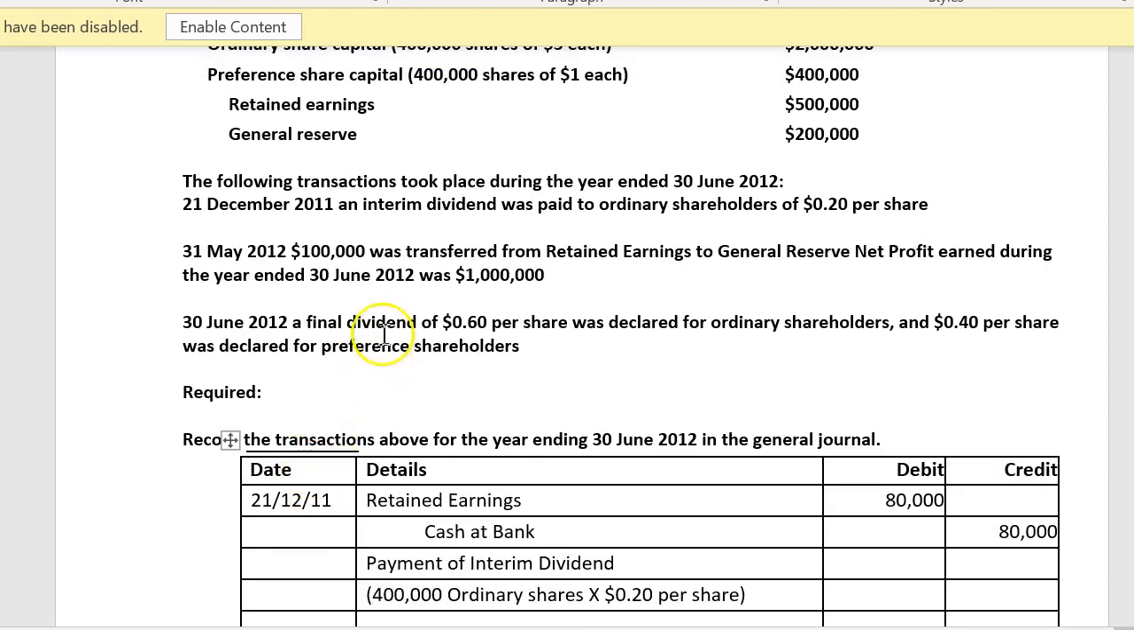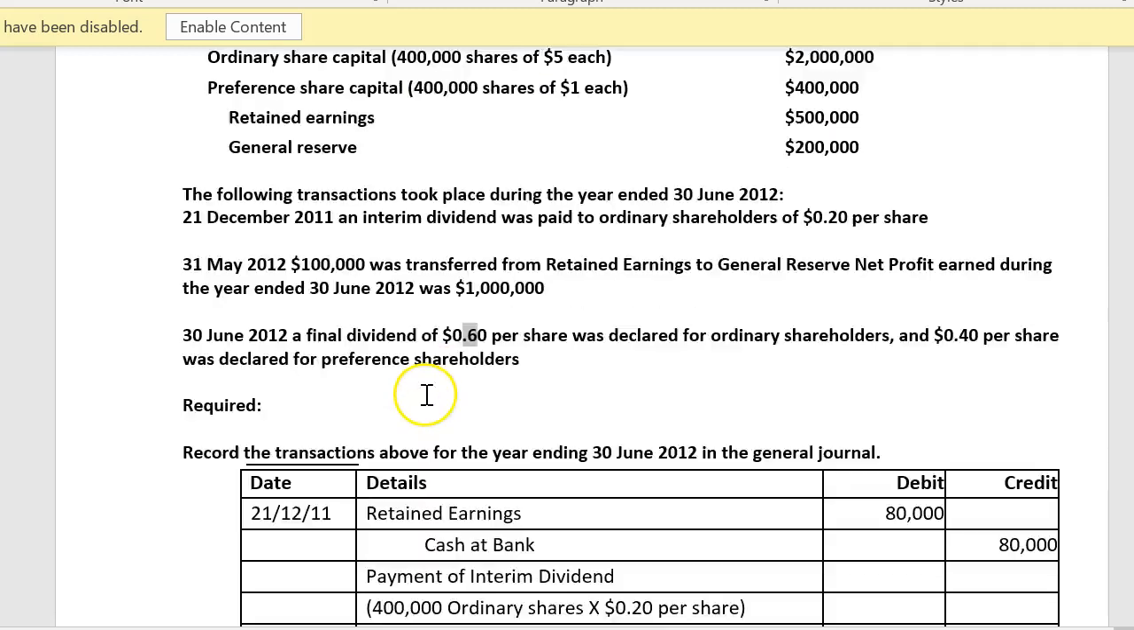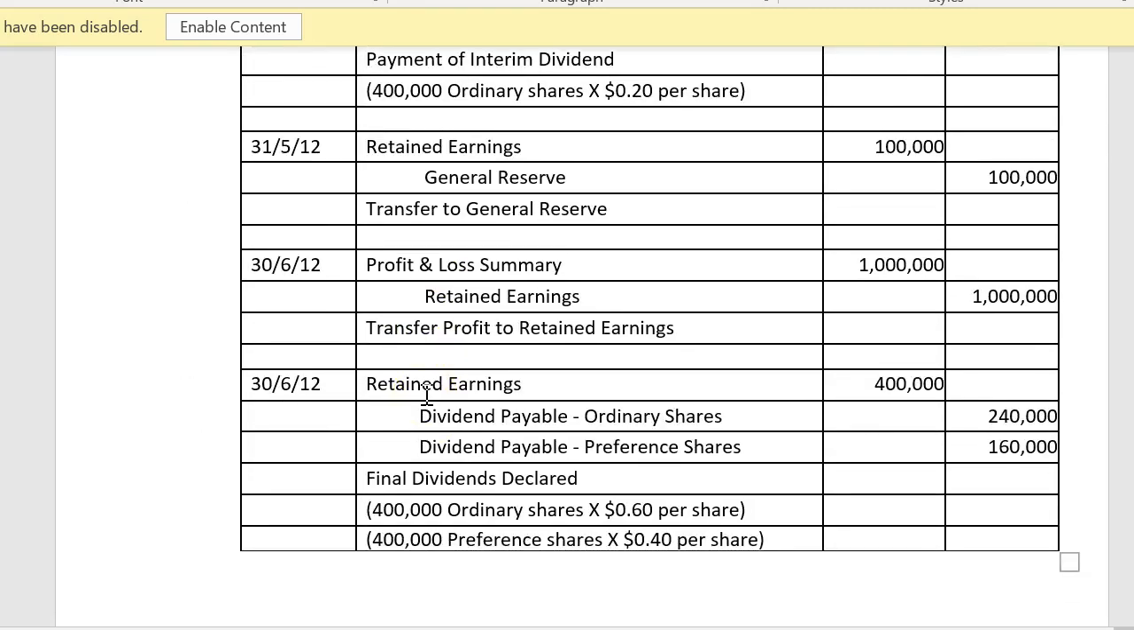And next, they declared a final dividend of 60 cents per share. Now guys, when it says the company declared a dividend, it means that they made a commitment, which means you need to recognize a liability. So what you do is you debit retained earnings, credit final dividend payable. Okay, 60 cents per share. So it's 400,000 times by 60 cents. It gives you